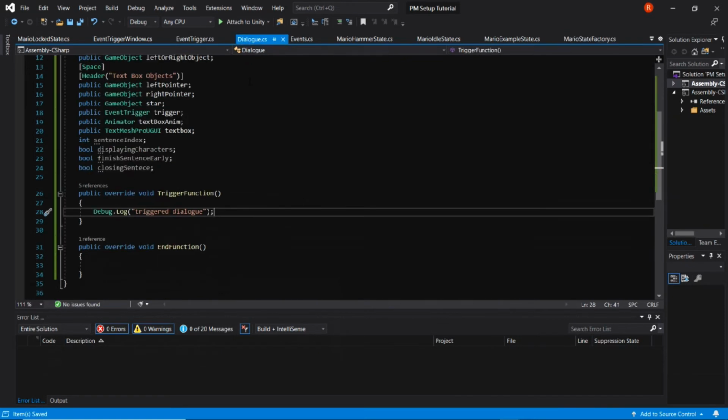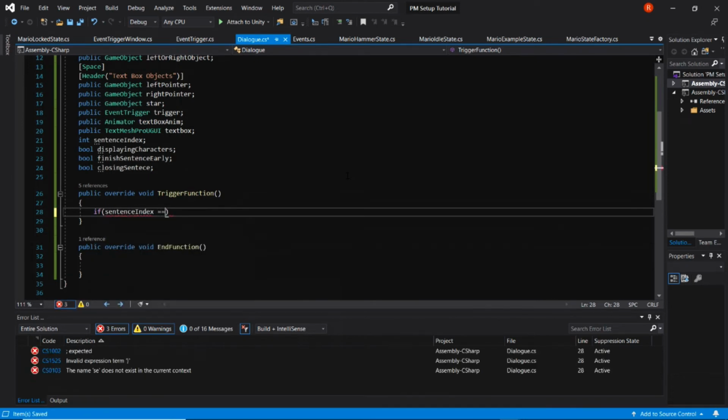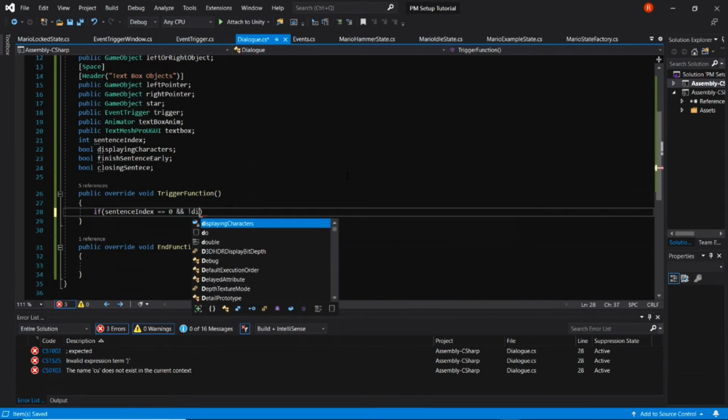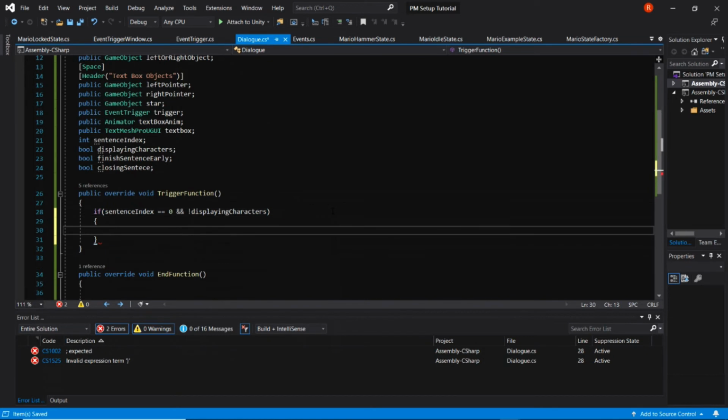Now if we go to our dialog script, we can say in trigger function, first of all, if sentence index is equal to 0, so we're on the first sentence, which means we've only just started, and we are not displaying characters. The only way for this to be true is if when this trigger function is called is when we first start talking. It's like when you press A to actually start talking to the character. So if this is true, we're going to say